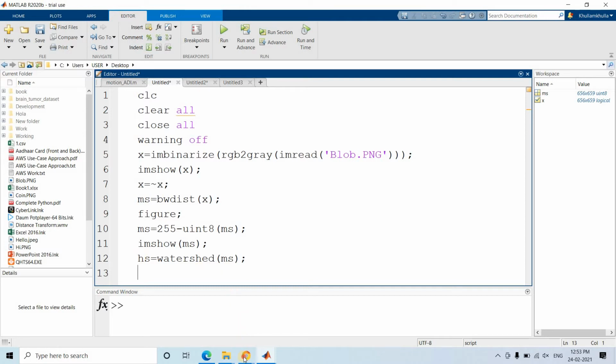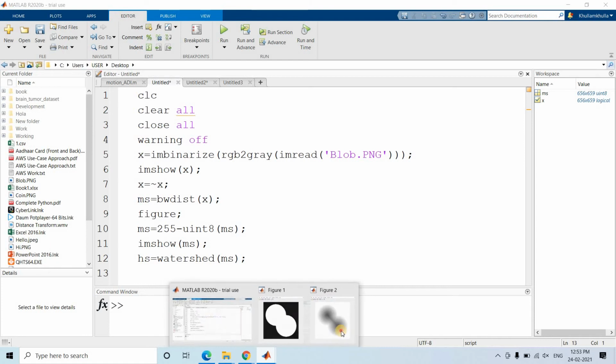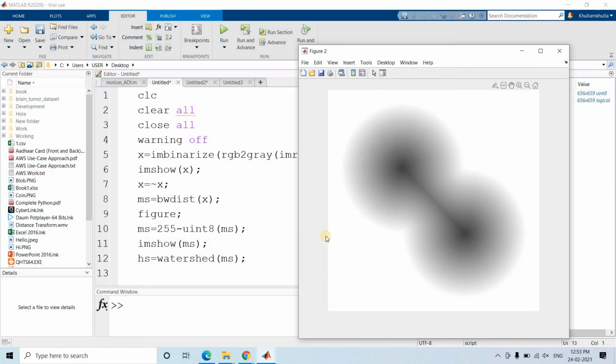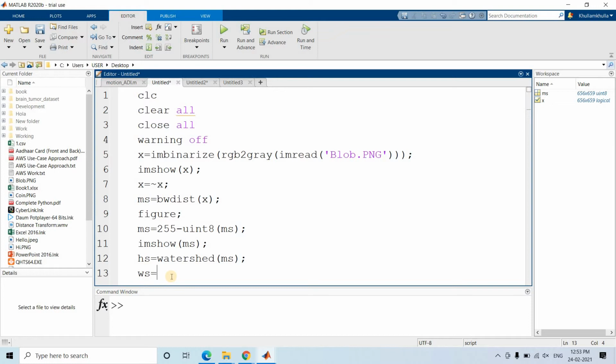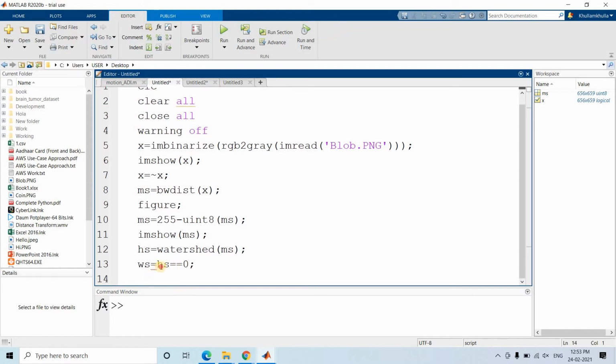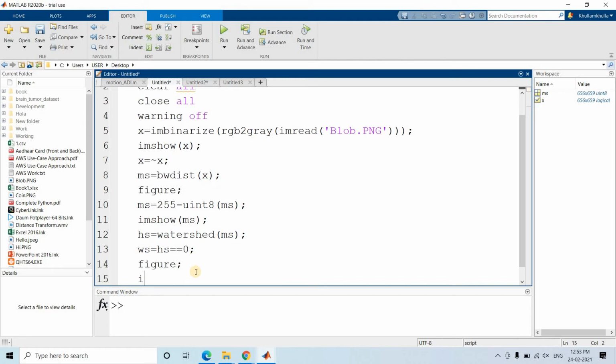Now we want to create only the boundary. See here, the separator boundary we require. So what we can do is WS equal to H equal to 0, because we have seen that according to the description of this particular function, the 0 pixel in the labeled image is not belonging to one particular segment, it is actually in between different segments. So this is our requirement, that is finding the dams in between two separate regions or finding the ridge lines. Right, and here we can give figure, imshow